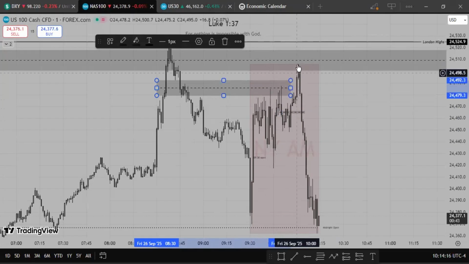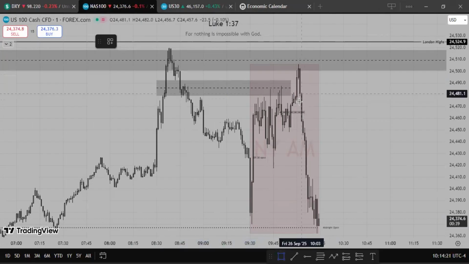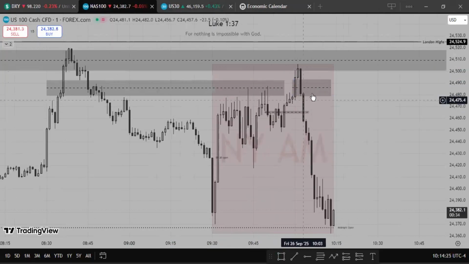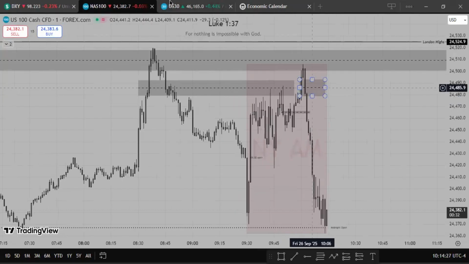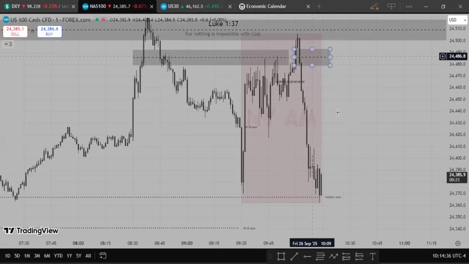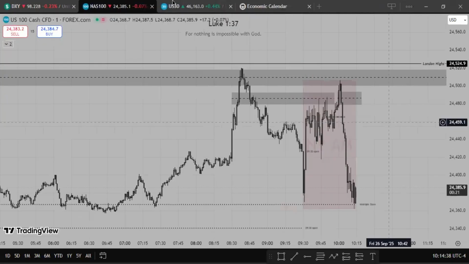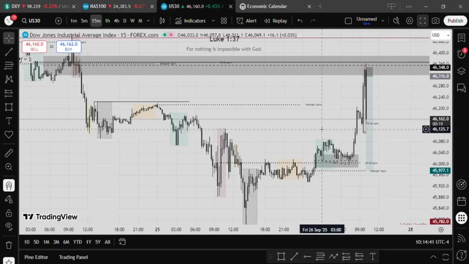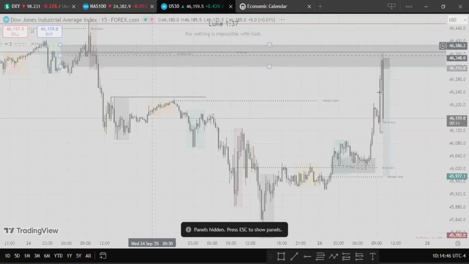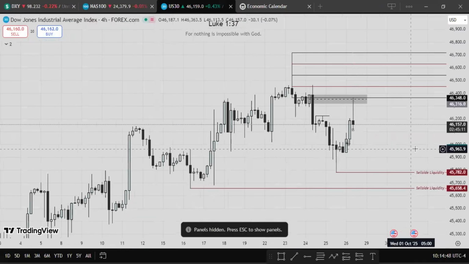So I waited. We traded higher into that 4 hour fair value gap again. And then when we finally started displacing lower, we didn't come back. We didn't retrace back into the inversion here on the 1 minute. So I missed this trade, but I got an entry here on US30 where it's kind of the same analysis,